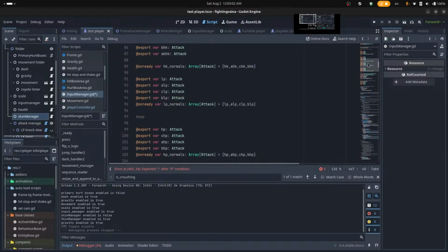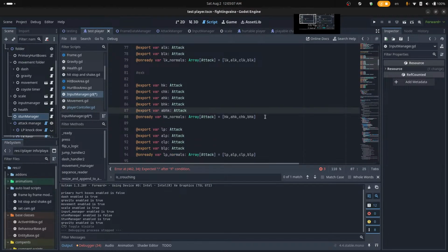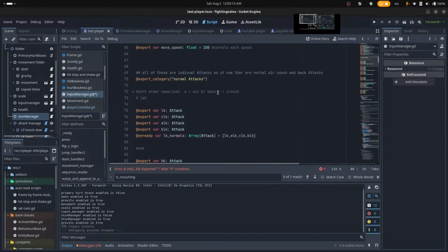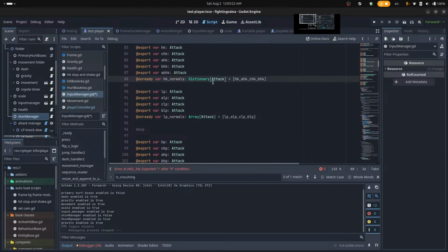And I think I know how I want it done. So right now we have that. We have to change this to a dictionary. We want to change this. This is already a dictionary, so that's correct. We want this to contain